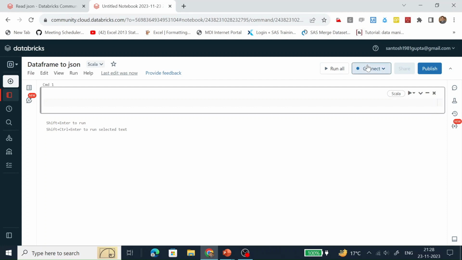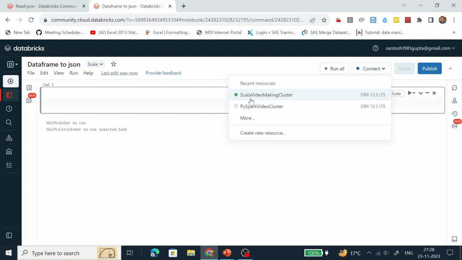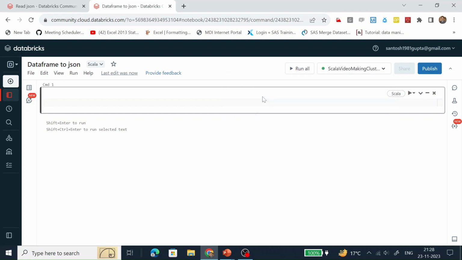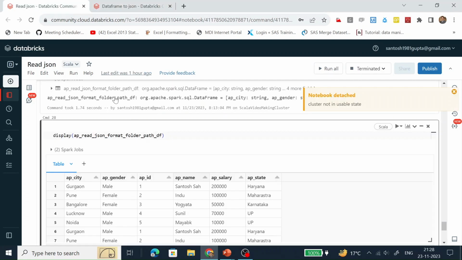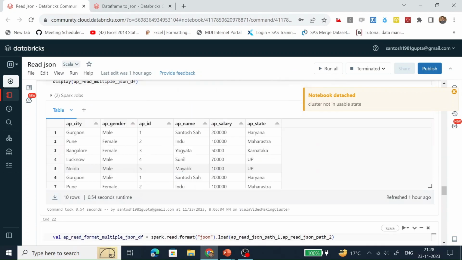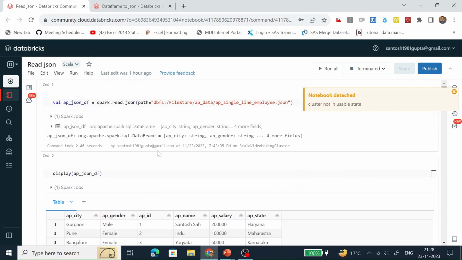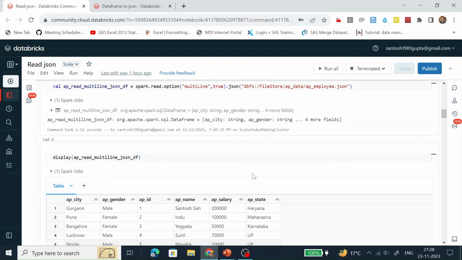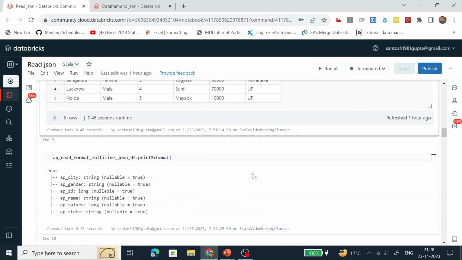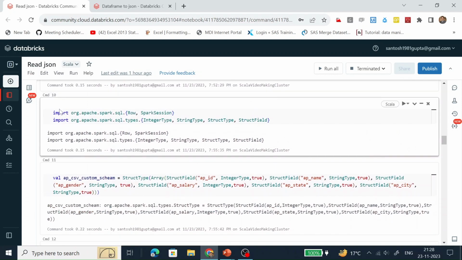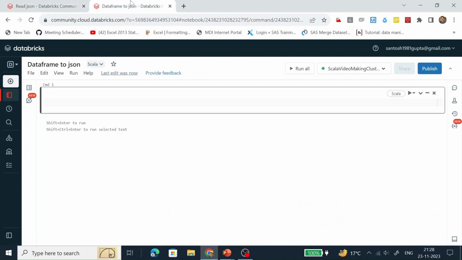Let's connect this notebook with our currently running cluster. So let's copy the code till reading the JSON file and creating the data frame.